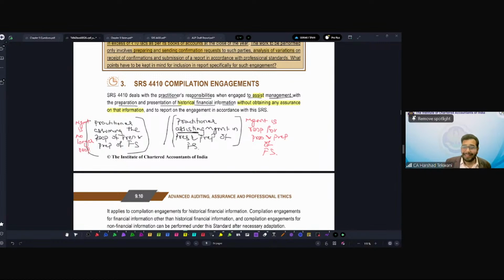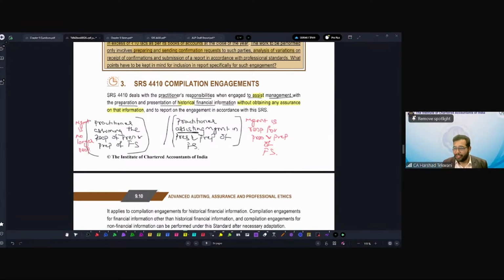Now, why is this the scenario? Why are we saying that we are not obtaining any assurance, or what is the problem in obtaining the assurance? Let's say, for example, if I say this is an assurance engagement, then we are compiling the financial information, so why can't we issue assurance? First, this is a related service engagement, so by default we will not issue any assurance. Number two,